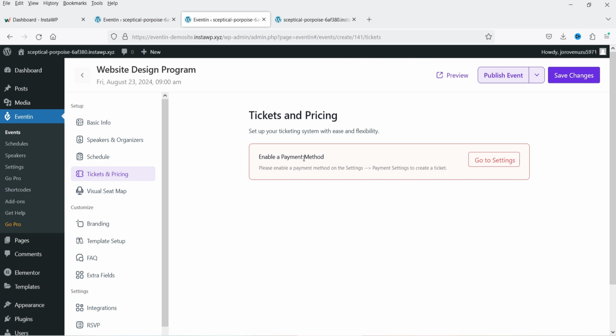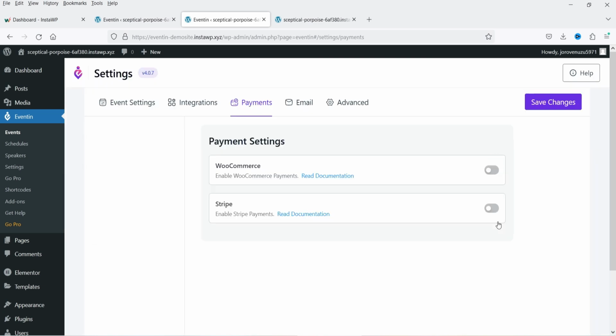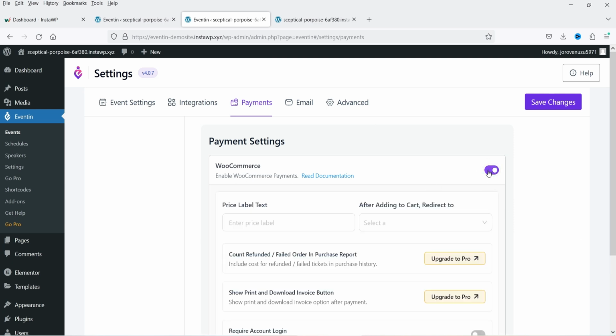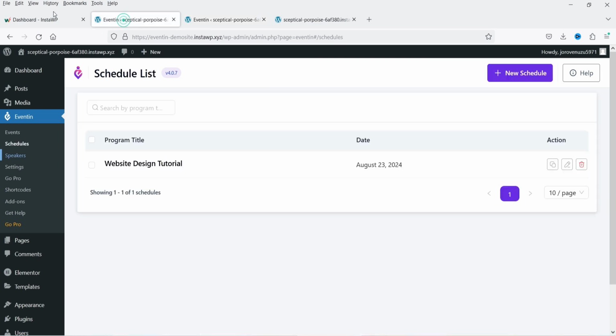So here it says enable payment method, so I can click on enable settings, and here you will see event settings. For that you need to install WooCommerce. I can enable it from here, but it's not going to work. So let's go to plugins again and click on add new plugin